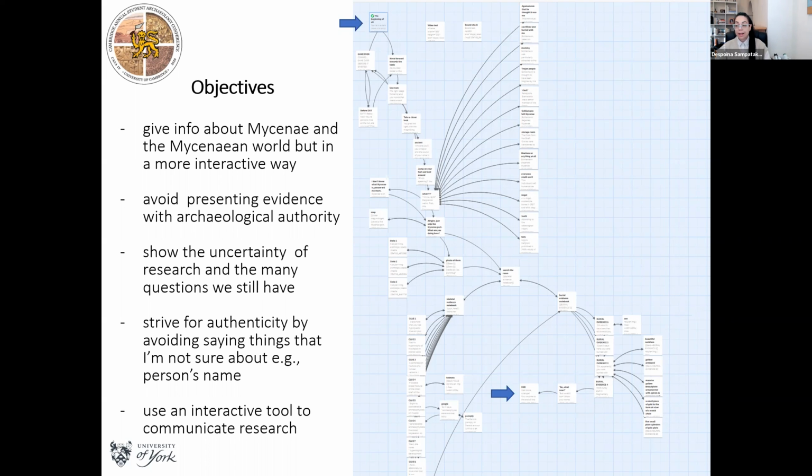I tried to tackle this matter with the footnotes that you saw, and then I thought to give Twine a try and see if I could remedy some of these issues. So my main objectives, as you can see, is to give information about the Mycenaean life, Middle and Late Bronze Age, avoid presenting the evidence with archaeological authority, and try to show the evidence to the user